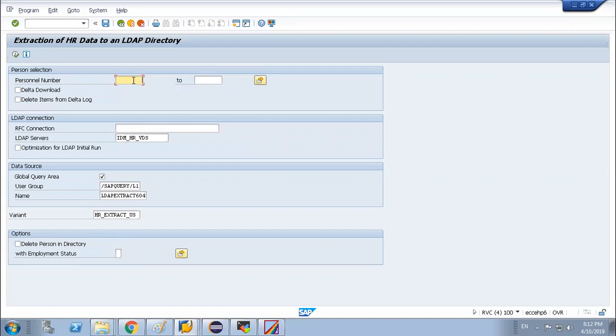Correct. Whatever partner I put, that data will be extracted. So if I want to put our filter area over here, I have to put this variant. Got my point?